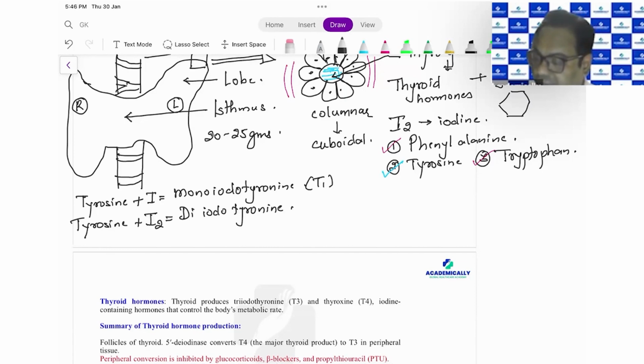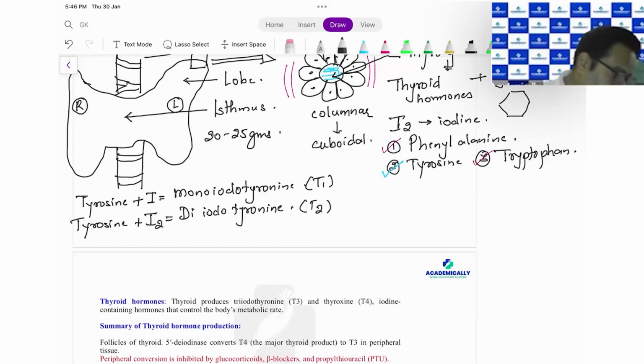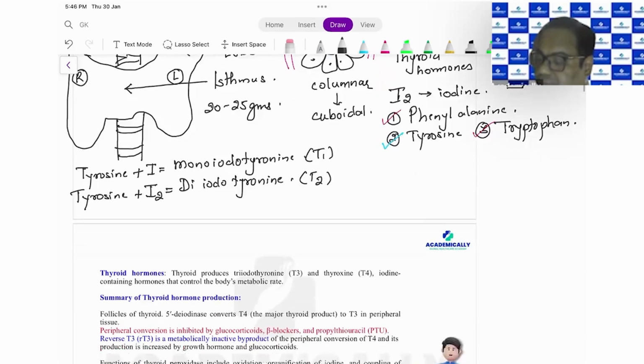Monoiodotyrosine is also called T1. Diiodotyrosine is also called T2. Now,